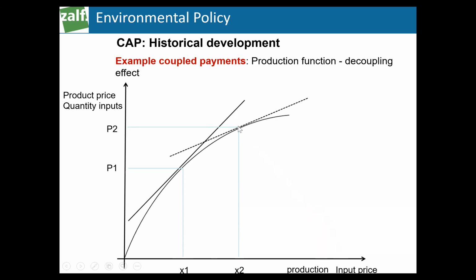This is why with this intervention, with this additional support of certain crops, they had to realize higher quantity to also higher inputs. And this is also the explanation why we had also very high nitrogen levels, high inputs of fertilizers, high inputs of pesticides. And then they mitigated exactly those. They changed it to decoupling.